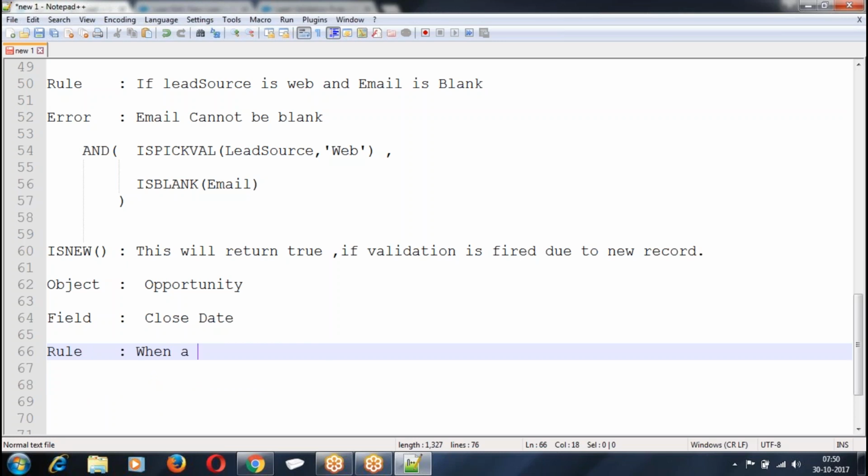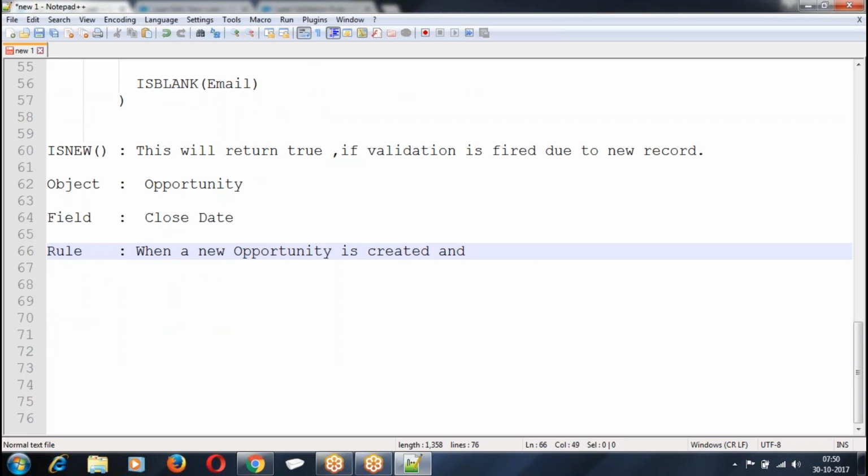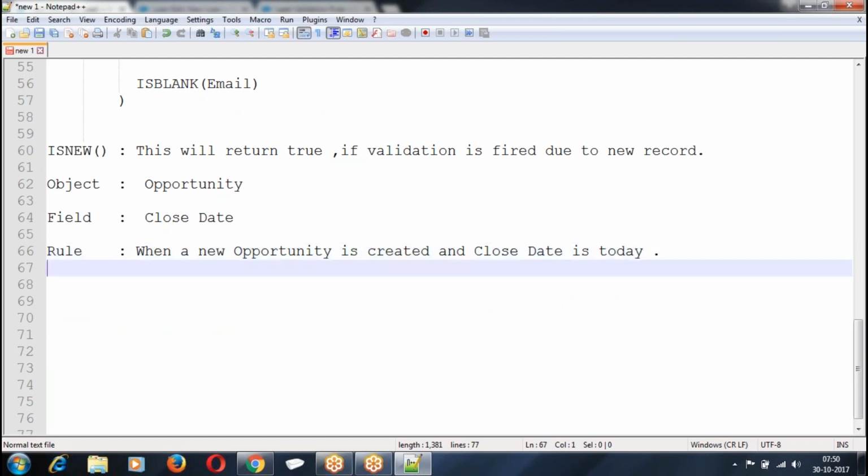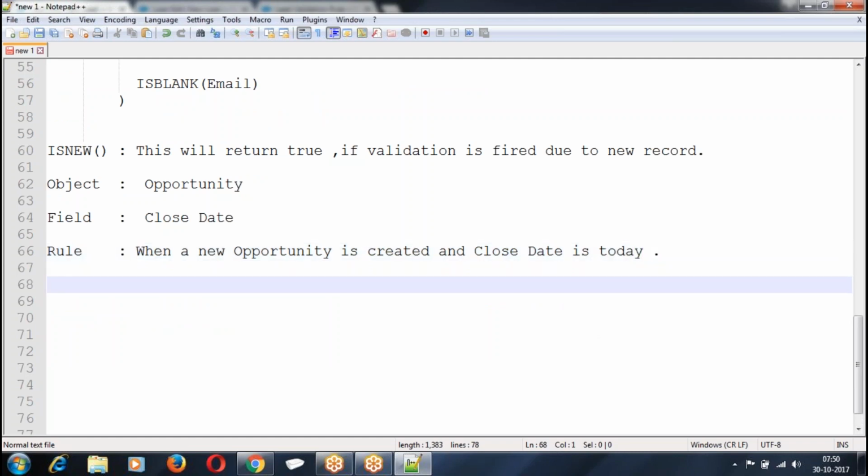When a new record is created, a new opportunity is created, and when a new opportunity is created and close date is today, error.